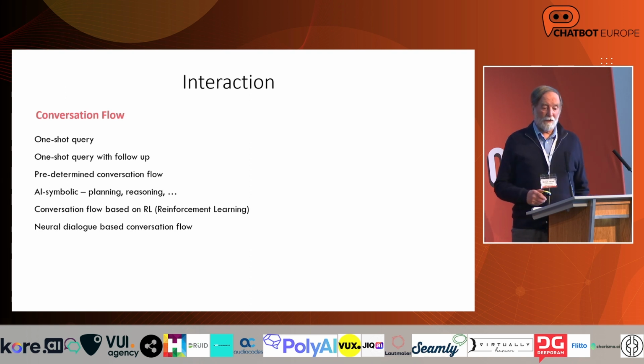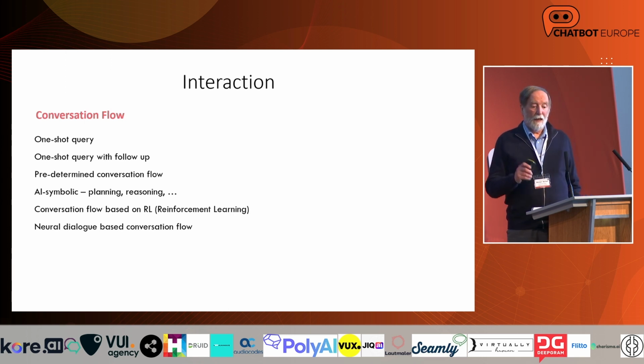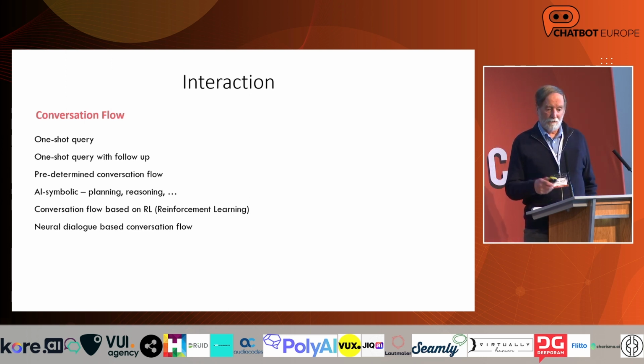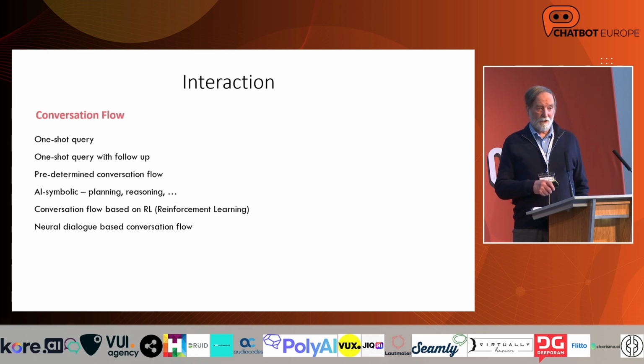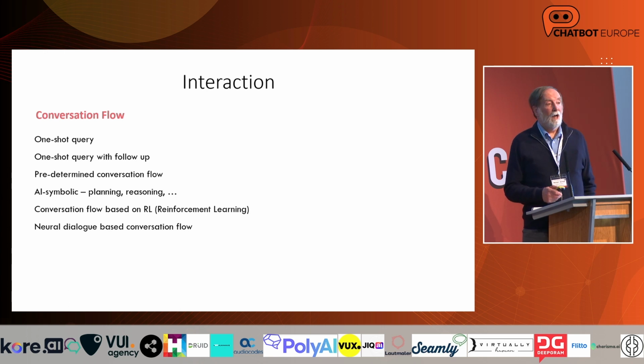ChatGPT actually does more or less the first thing. It's one-shot queries. Well, it does do follow-up as well. And there are lots and lots of systems that do that, but from the point of view of a conversation, that's very simple. It doesn't really try and have a multi-turn conversation like some systems do try to do. Then you can have those that are predetermined, where you have a conversation flow that's been designed, and that can work very well, but best really for fairly small interactions. Once it becomes bigger, then it sort of explodes exponentially, and if you've ever seen some of these graphs, they sort of go totally out of hand.